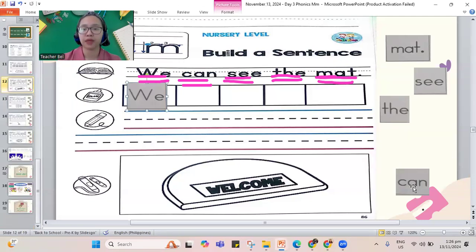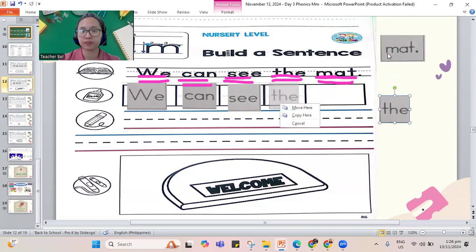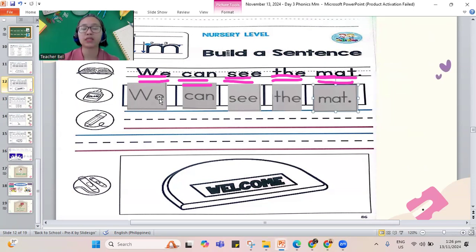We can see the word the mat. Okay, let me fix this one. Let's put it here. There's something wrong. The mat. Okay, let's go back and let's read if it's right. We can see the mat.